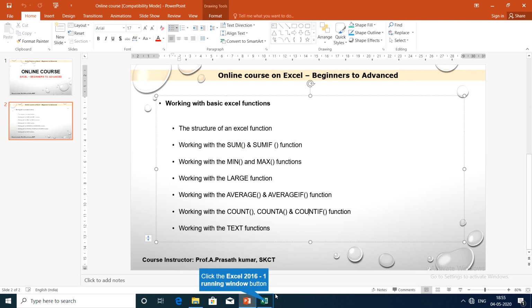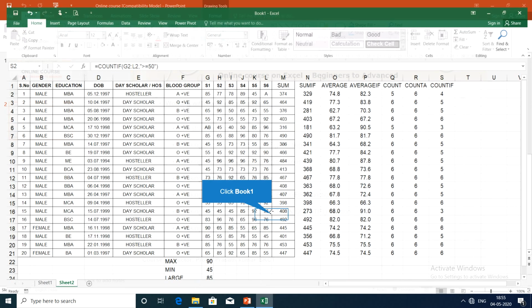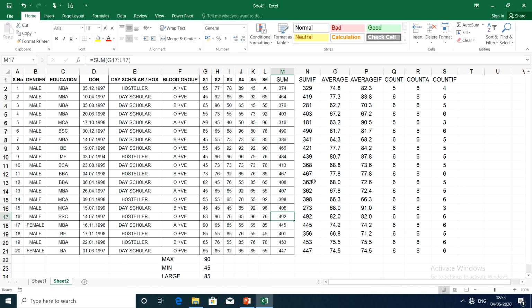Then we go with the text functions. Text function, in the sense, it is about converting the lowercase into uppercase, converting the uppercase into lowercase, and converting the text into first letter alone capital letter. That we have discussed in our previous sessions itself, so we need not repeat it once again.